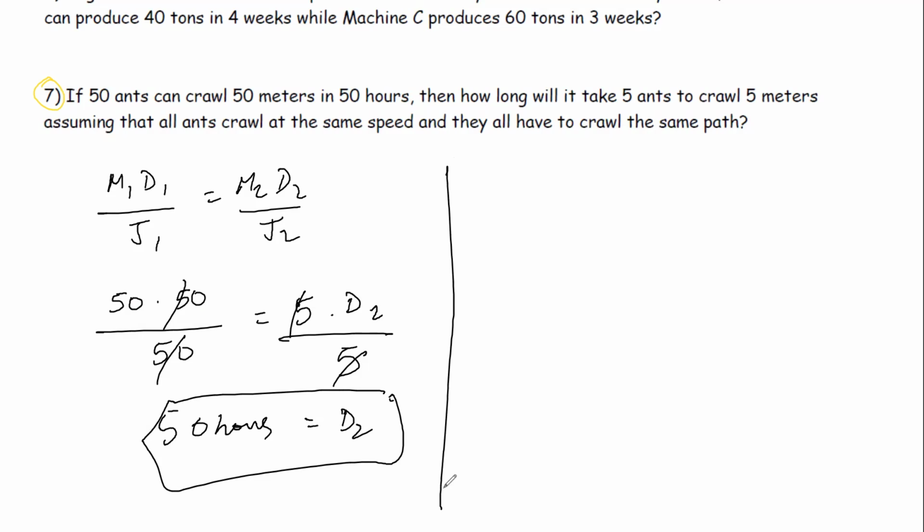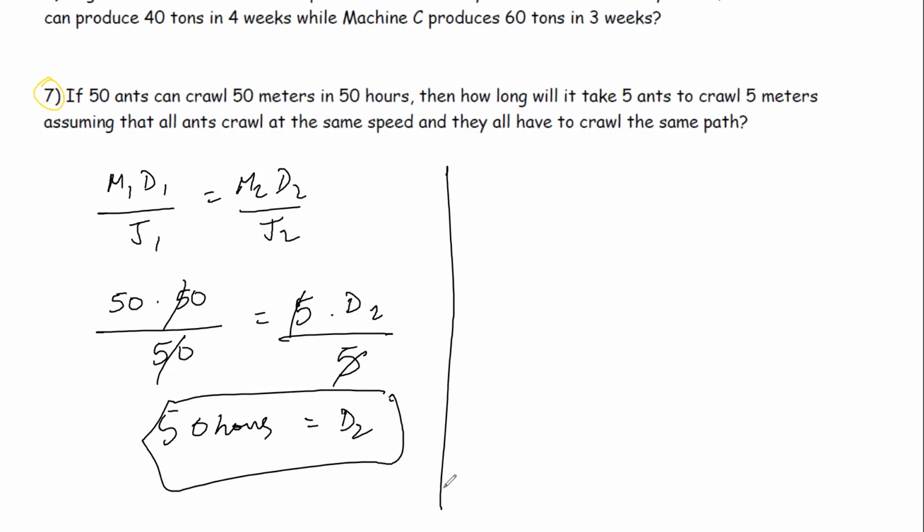So imagine all of these 50 ants are on an escalator, standing next to each other. They're tiny little creatures, right? So on an escalator, you can have 50 all in a straight line, correct? So imagine the speed of the escalator is their speed. So all of them are moving ahead, right? But the escalator is moving so slow that it is taking 50 hours to complete 50 meters, because we are assuming that they crawl at the same speed and they all have to crawl the same path,